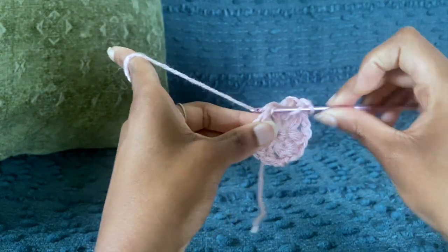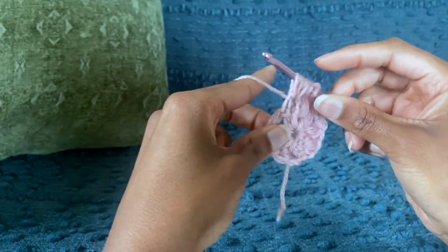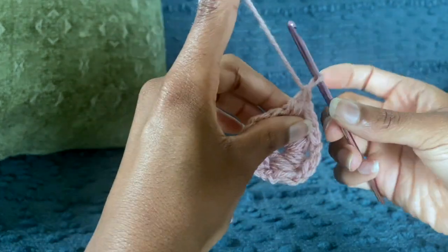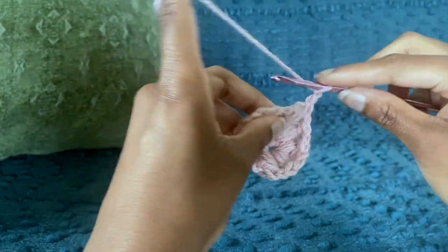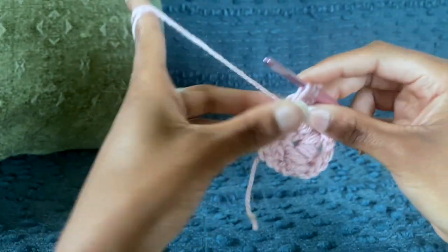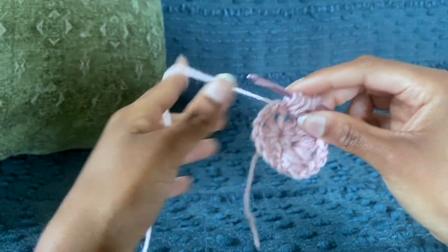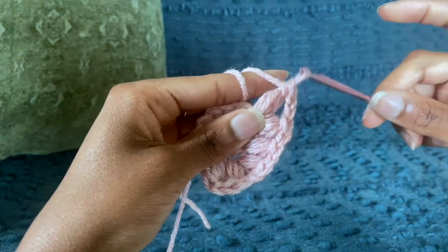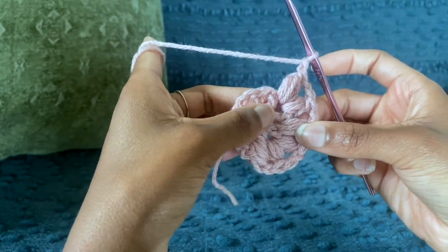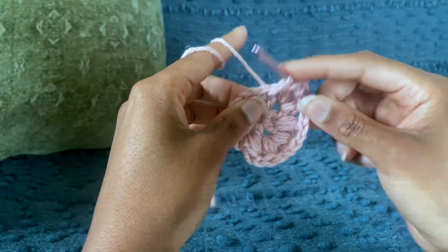So we'll put 2 more of these clusters in here. So pull up 3 times, pull through all but the last, pull through what remains, chain 2, and repeat. Okay. Then chain 1, move over to our next opening, which again is in between our 2 double crochets. So yarn over, pull up 3 times,